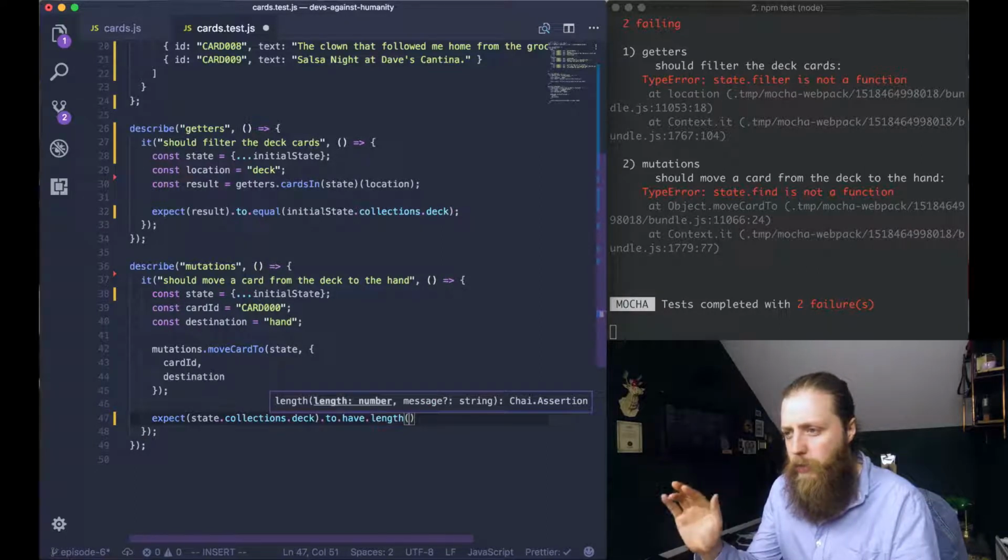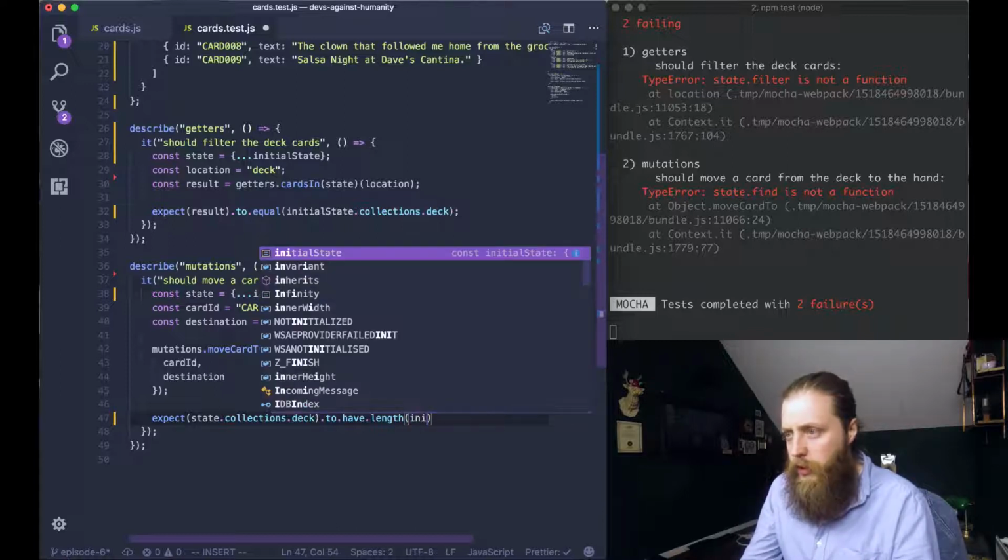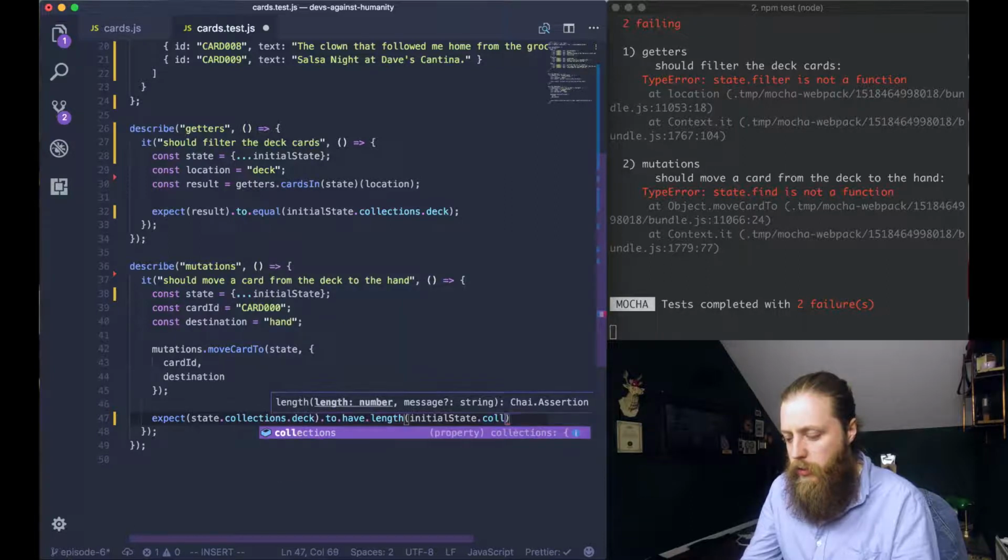Well, it wants to be 1 less than what it was initially, so we shall do initial state dot collections